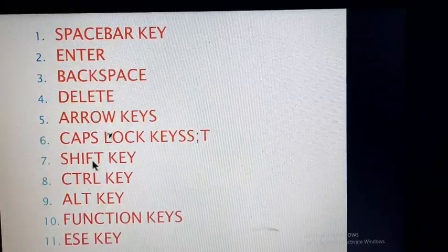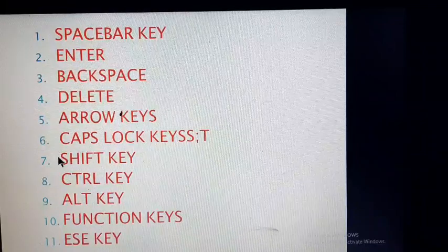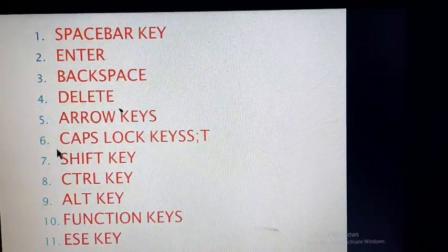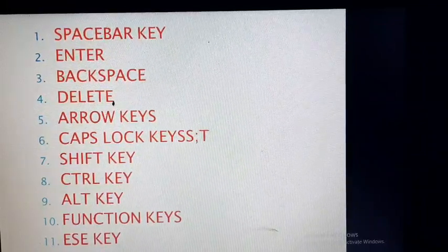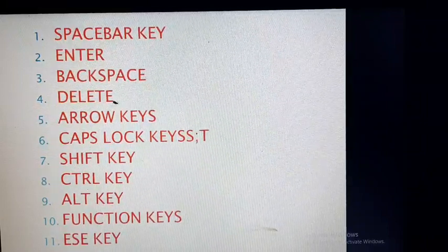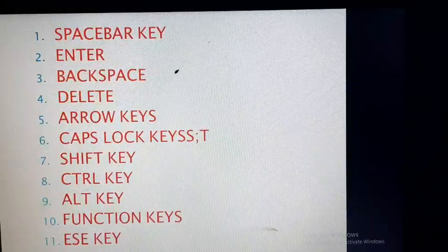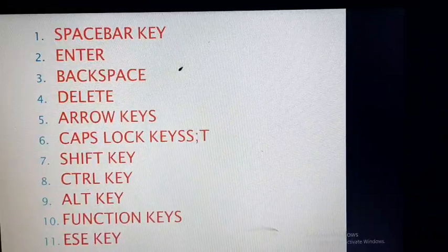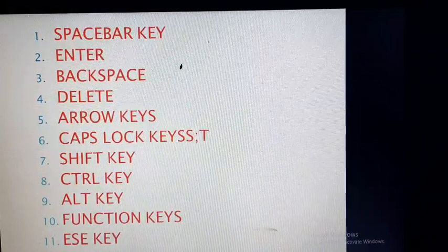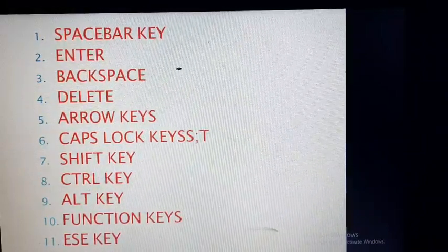The shift key is used to make characters capital. When we press any key while holding the shift key, the character is typed as a capital letter.